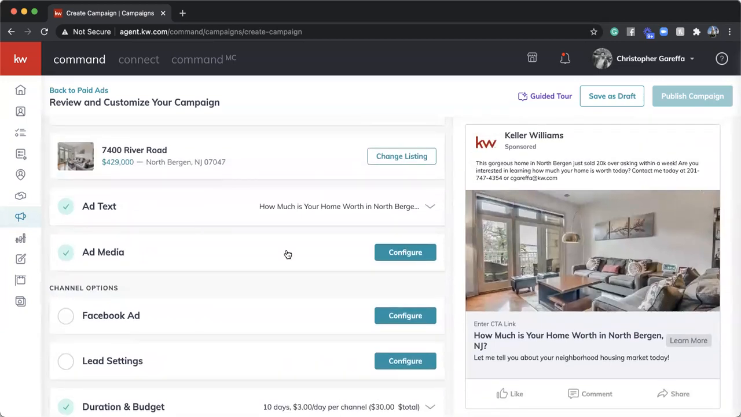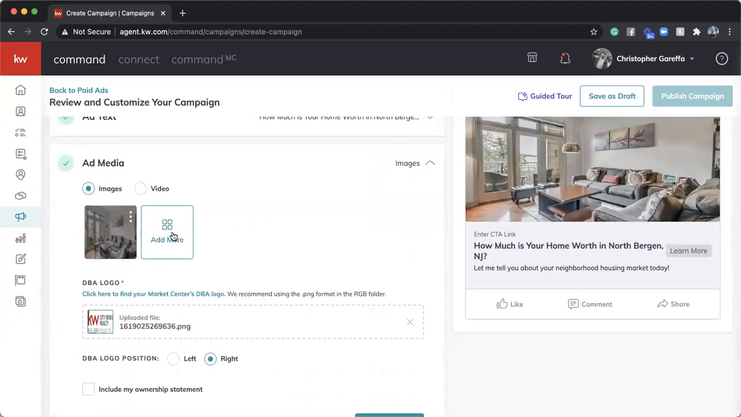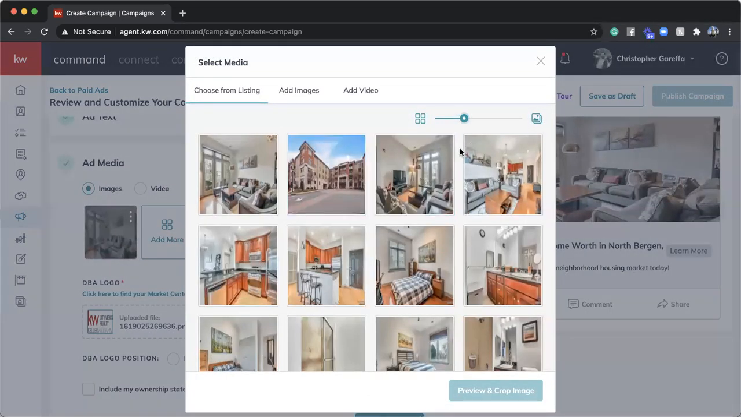Now, what I can also do here is, under Add Media, I can select Configure and I can select images as well. The images that are populating in here are pulling from the MLS. And if you're running an ad for a listing, whether it be your own or for another agent, all the